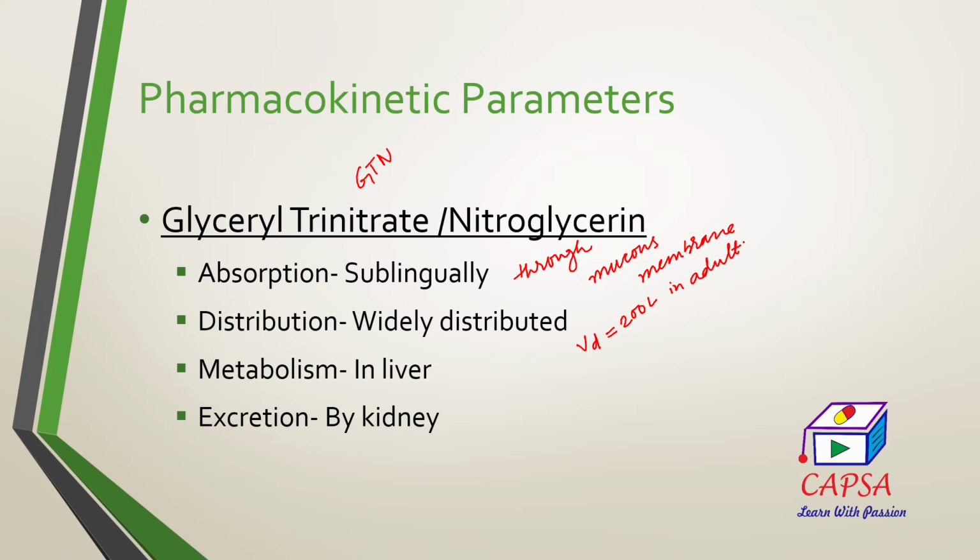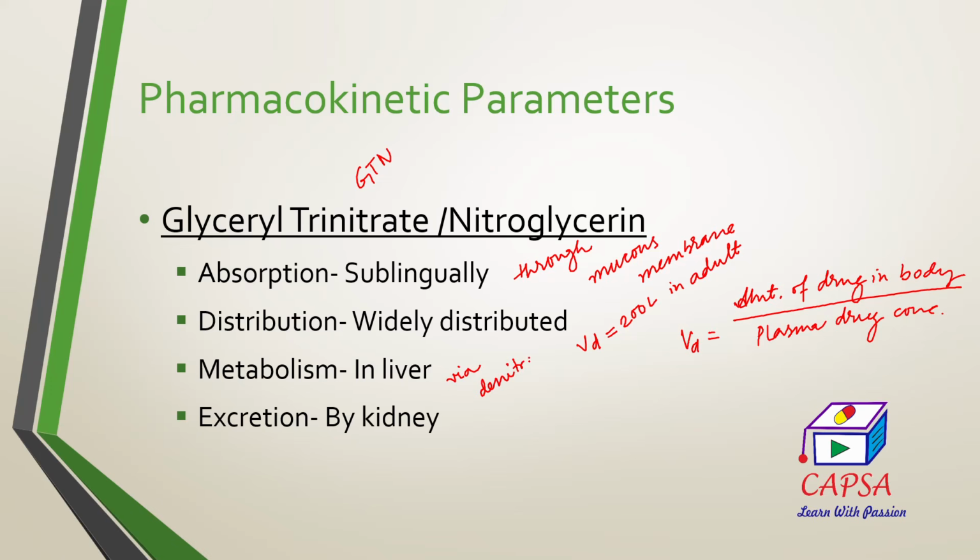All of you know what we mean by apparent volume of distribution or VD? It means the amount of drug in the body divided by plasma drug concentration. Okay. It is metabolized in the liver via